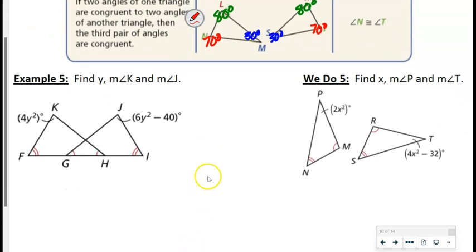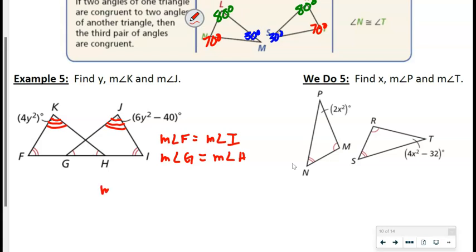So up here, for example 5, it says find y, the measure of angle K, and the measure of angle J. So what are we going to do with these two angles? We see that F is congruent to I, so we can say the measure of angle F equals the measure of angle I. The measure of angle G equals the measure of angle H. So then we know that K and J are congruent. So I'm going to put 3 arcs up here, and 3 arcs right here. So I'm going to be able to set the measure of angle K equal to the measure of angle